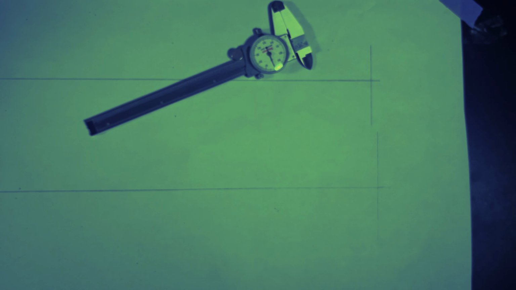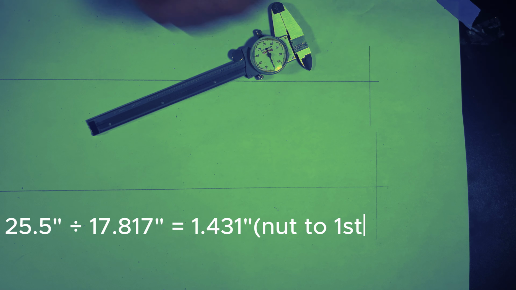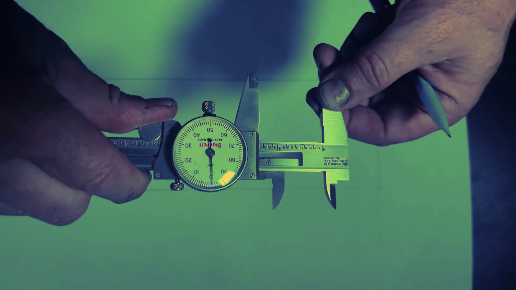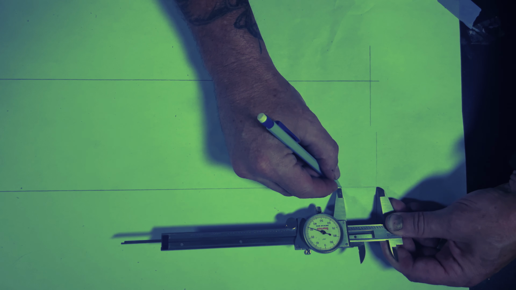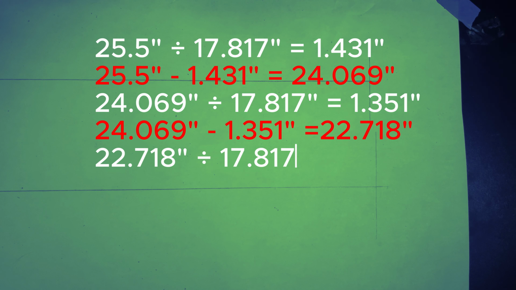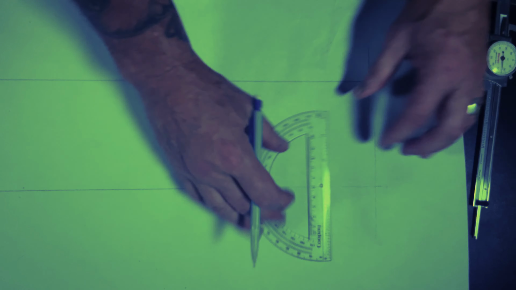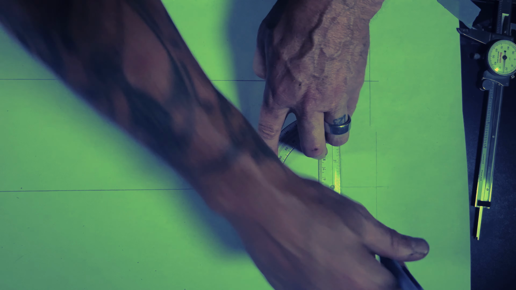Here, I've got a couple of center lines drawn, and then here's some nut position. I said that if we take our scale length and we divide that by 17.817, that gives us 1.431. Well, let's find 1.431 here on my dial caliper. So there's 1.431. I can go back, I can subtract that from 25.5, go through the whole process over and over and over again, which will take a while. And with each one of these little tick marks, I can come back in with my protractor and I can draw